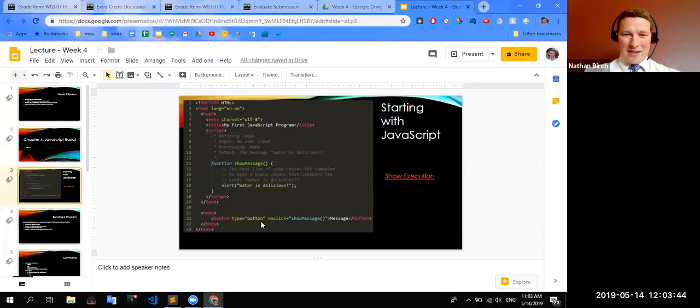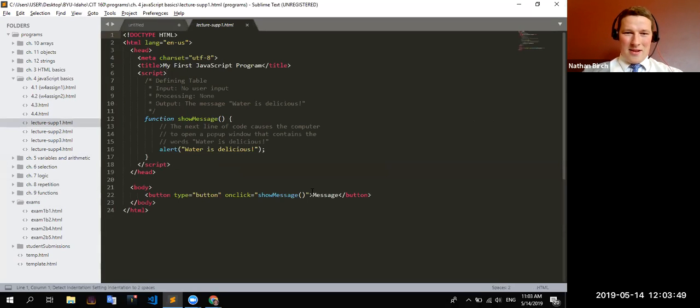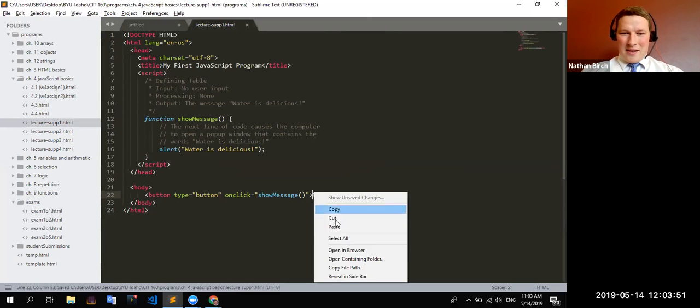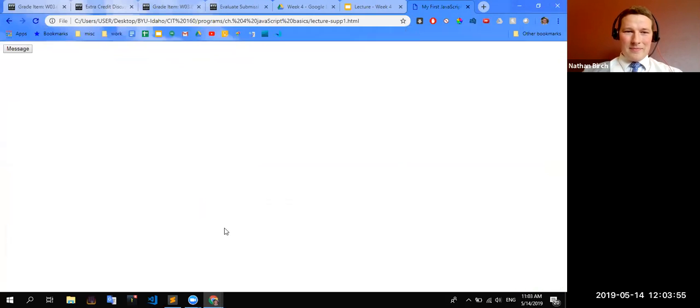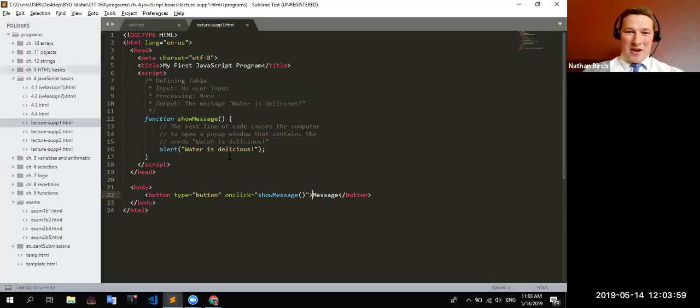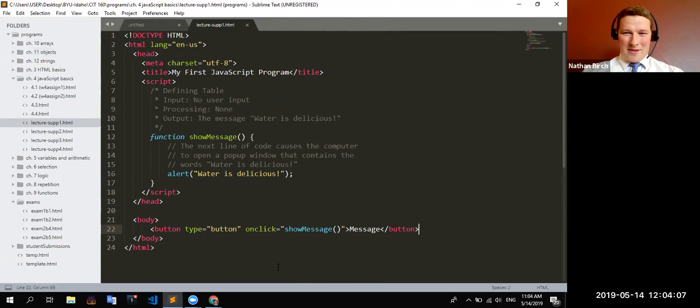If I ran this program, it would look exactly... you know what? Let me see if I actually have it on here. Oh, good. I do have it on here. All right, let me open this up in our browser. Okay, so you can see the HTML. All we have here is a button that has message written on it. So if you look at this code, the only thing inside the body is this button. Is this big enough? Can you guys see this okay? Is that better? Okay. So all I have in the body right here is just a button.